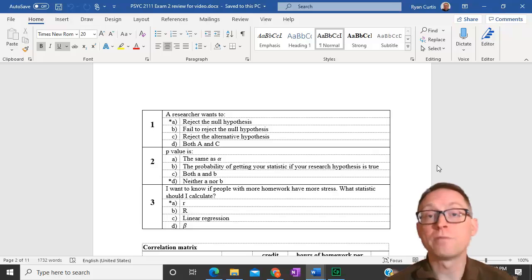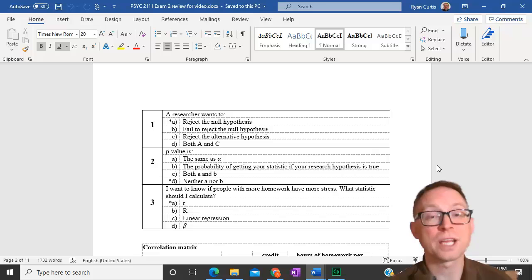Capital R is when you have more than one continuous variable predicting one continuous variable. Because we only have homework and stress, we can't use R. The reason we don't use linear regression is because we haven't asked for specific amounts. A linear regression would be like, if you have exactly 12 hours of homework, what would your stress level be? That would be a linear regression, where I would give you an exact amount and expect an exact amount